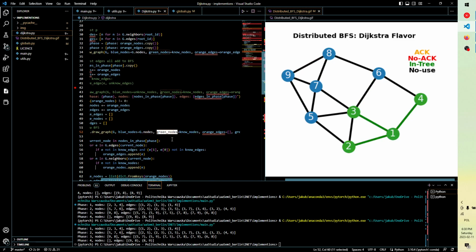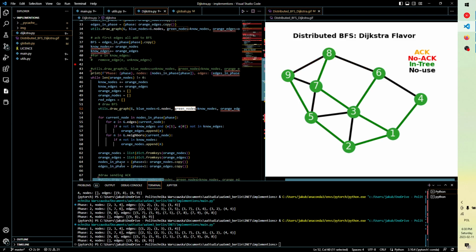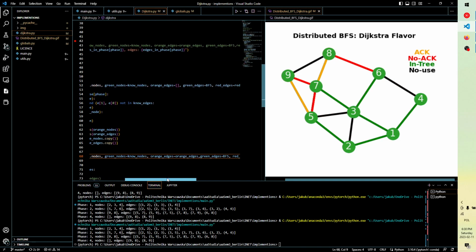Green nodes are... let's see what will happen if we